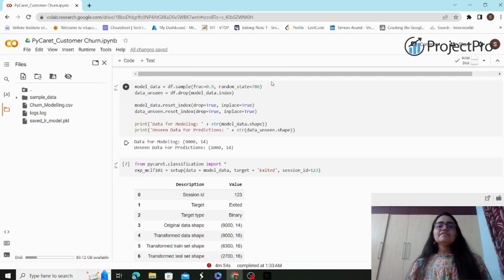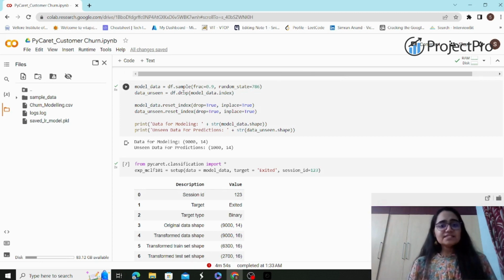This particular line will help us in sampling or splitting the data. Fraction equals 0.9, random state equals some value you set. 0.9 means that 90% goes for training out of all the data set, and 10% is testing data. So this is what you use df.sample. You see how we need not import the train test split library. Just by using df.sample and passing in the required parameters, we are actually calling the PyCaret functions for train